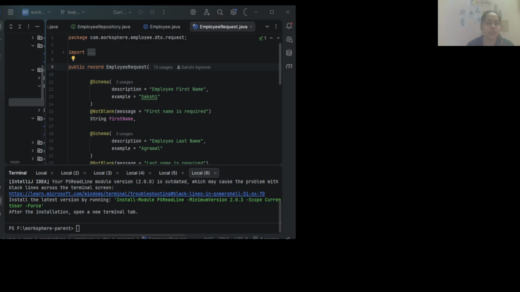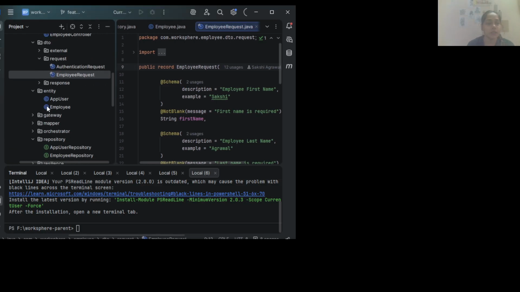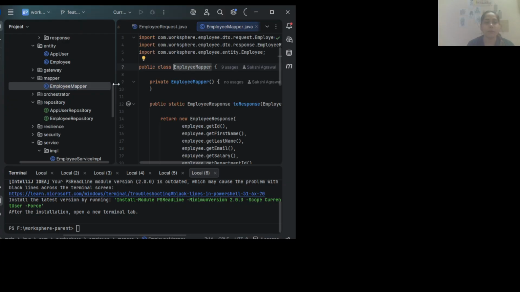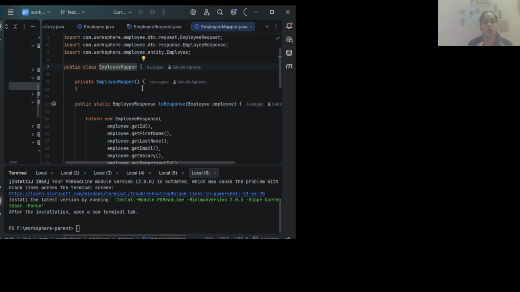After that we will have a package called mapper. What is the role of the mapper? The mapper is a mediator to convert the DTO layer to the entity layer and the entity back to the DTO layer.